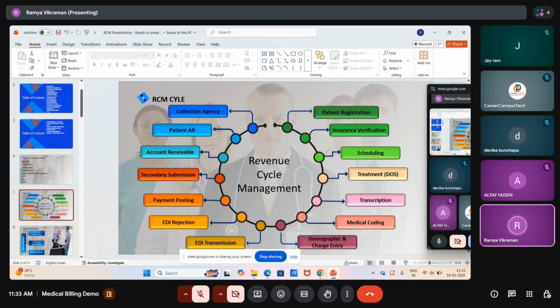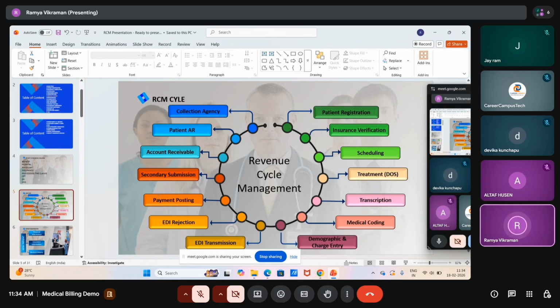They will be balancing the accounts. For example, when you join a company, you get your salary, right? It is credited into your account, but you still get your salary slip to show your pay structure and how many days you have been paid for that particular month. The same thing: the payment will be directly deposited into the provider's account, the doctor's account, but you still get the explanation of benefits. The explanation of benefits shows which services were paid, and how much was paid. So we balance those amounts in the software.